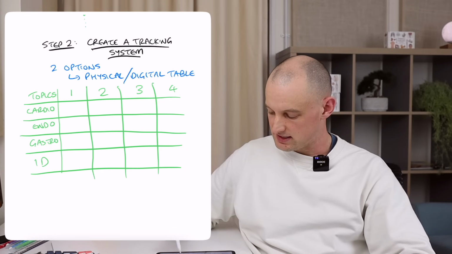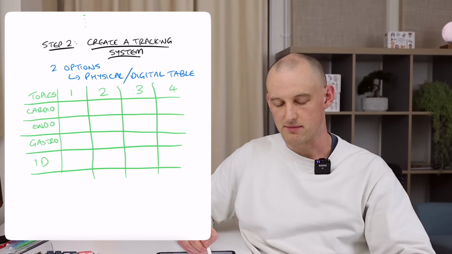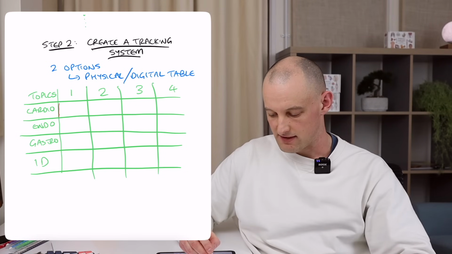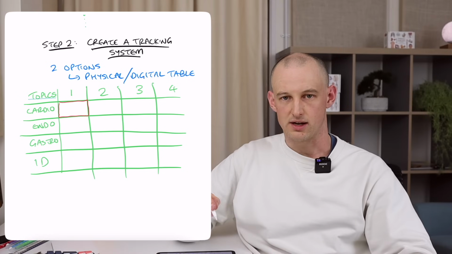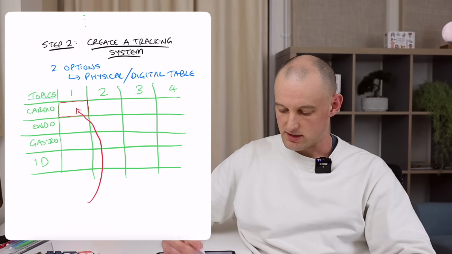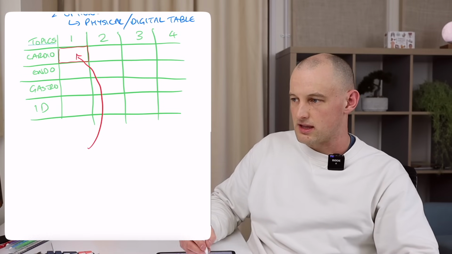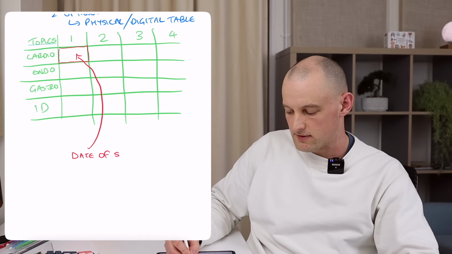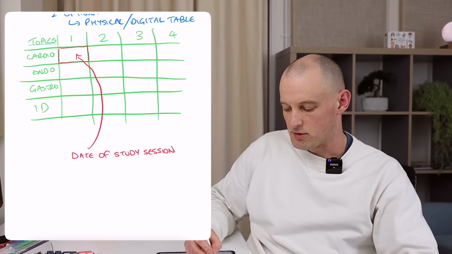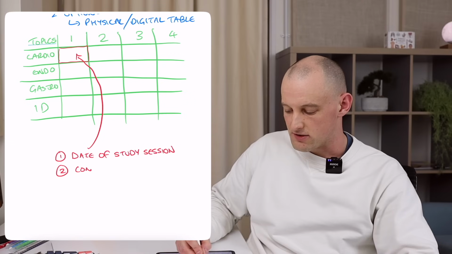Now, these spaces here, so when you study cardiology for the first time, you're going to be adding information to this box. So this is your first review of cardiology. And in this box, you're going to record several things. So the things to record are the date of the study session, that's number 1. You're also going to record the confidence you have,